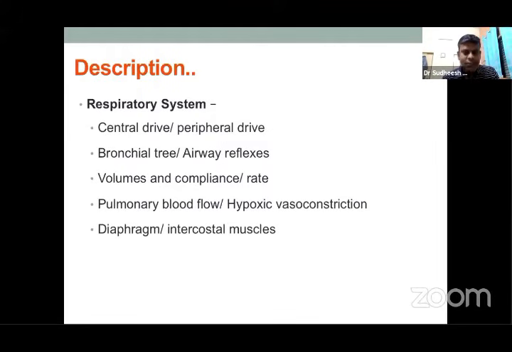And then, once you read the alveoli, next are the pulmonary capillaries, whether the drug has any effect on pulmonary blood flow, whether it causes pulmonary vasodilatation or constriction, or whether it affects hypoxic vasoconstriction, vasodilatation, etc. And then finally, the musculoskeletal system of the respiratory tract, that is the diaphragm, the intercostal muscles and the ribs. Most of the time you read about the effect of these drugs on diaphragmatic contraction and intercostal muscle contraction. If you read it systematically this way, you will be able to remember the drug better.